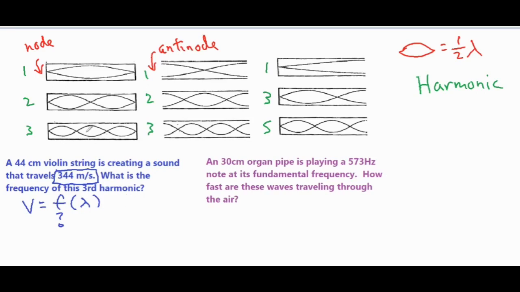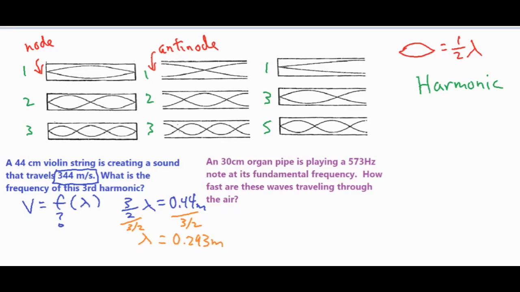So then that means that there's 1, 2, 3 eyeballs. Okay, remember each one of those eyeballs is 1/2. So we have 3 halves of a wavelength that is equal to 0.44 meters. Okay, so I converted that 44 centimeters into meters. So there's 1.5 wavelengths within that 0.44 meters. And then when you go ahead and divide both sides by 3 over 2, then we have our wavelength, which comes out to be